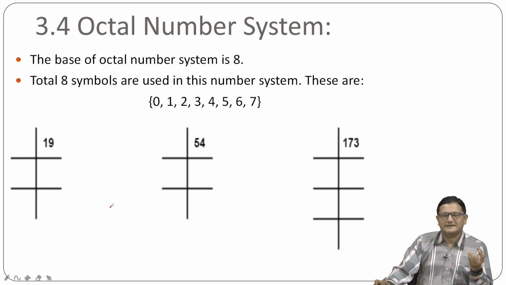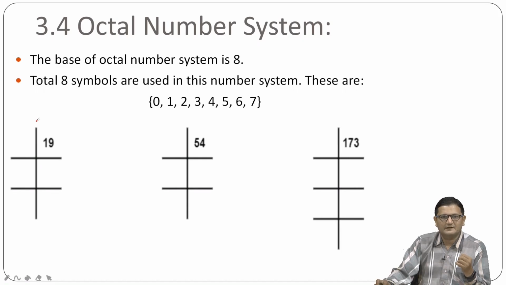Suppose any decimal number is given to you and you want to convert it into octal. What you need to do is divide that number by 8, and every time note down the remainder. Finally, when the number turns to 0, at that time you write all the remainders in reverse order. Okay. Now let us assume,